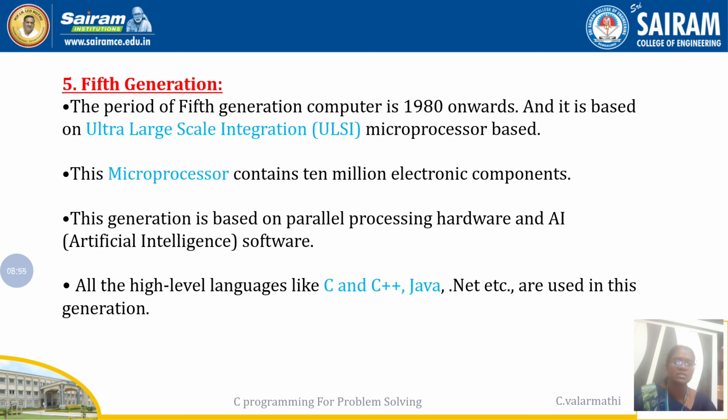That means in this generation. Right. What are the operating systems and these things we are using? We are all using the previous and current recent versions of distributed operating systems, and then time sharing, parallel processing, everything. And then we are now moving on to artificial intelligence also. That means we know that artificial intelligence, machine learning, and then big data analysis, everything. We are now using those kinds of more advanced technologies in this fifth generation.